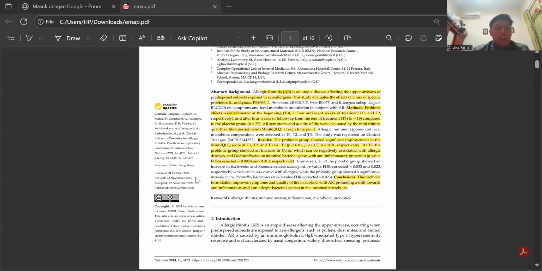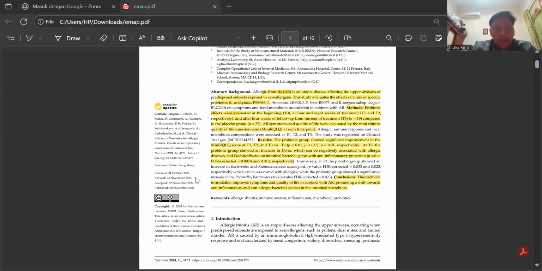Well, poorly reported trials can mislead readers. CONSORT helps ensure that researchers provide enough detail for readers to understand how a trial was conducted and to judge its reliability.